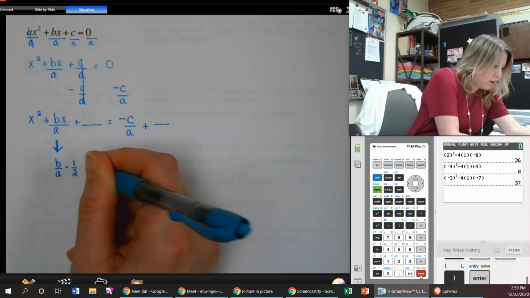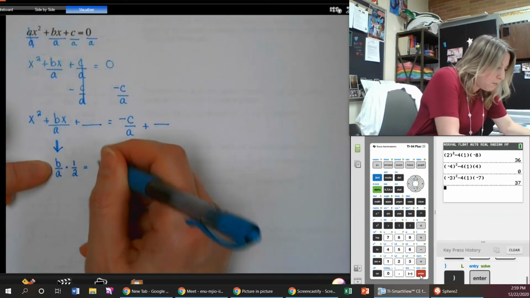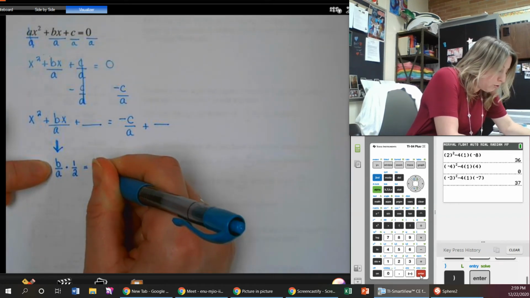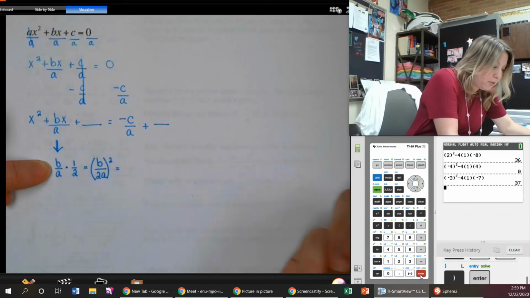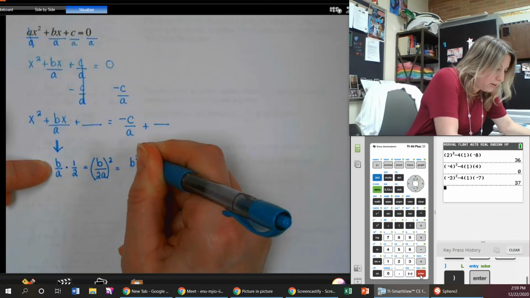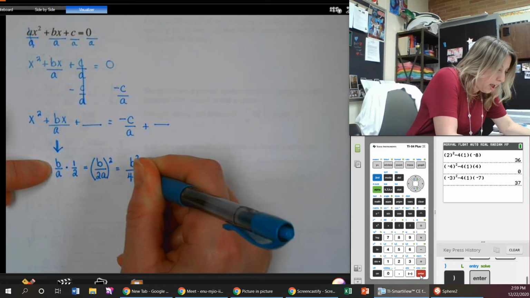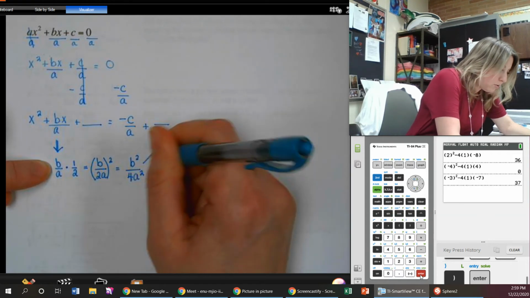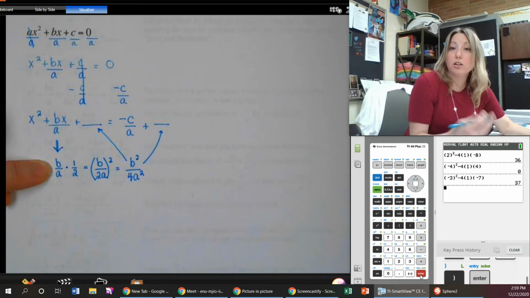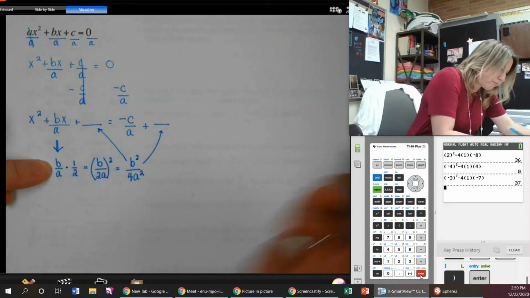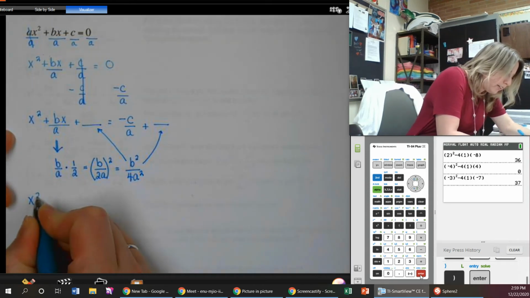square that answer. So really we get b over 2a squared is what we want to put in the blank, and that's b squared over 4a squared. So that goes in the blank there and there, right? Because we squared those things. So let's just rewrite